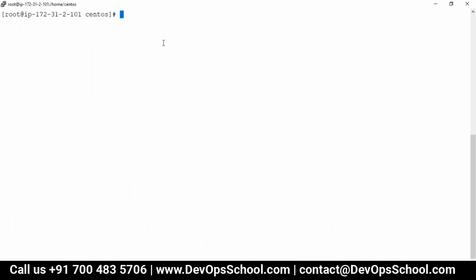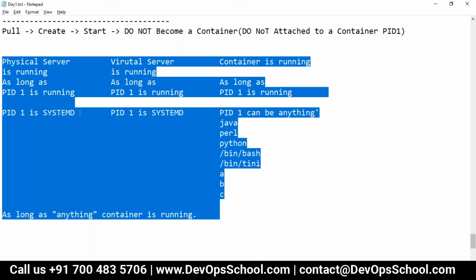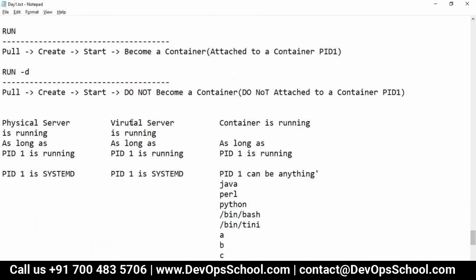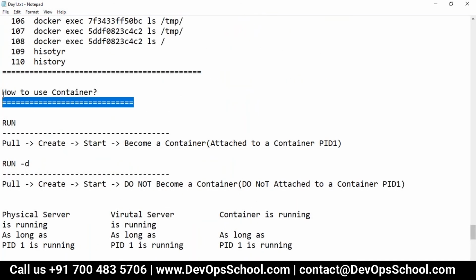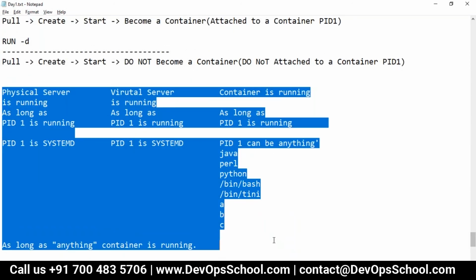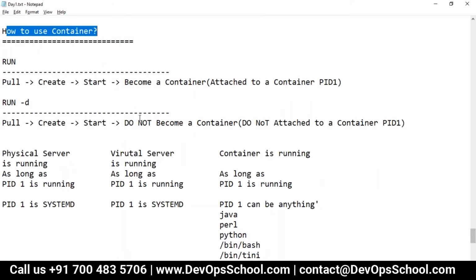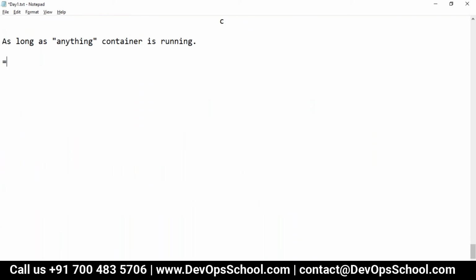Now coming back to the question of how to use a container. So guys, you have to hard code some of the fundamentals about containers in your mind. With that, I'm going to talk about how to use a container. I would request you to think simple and not complicate your understanding. Let's say when you run a laptop, what do you do? Either you go inside your laptop and do work with the shell.